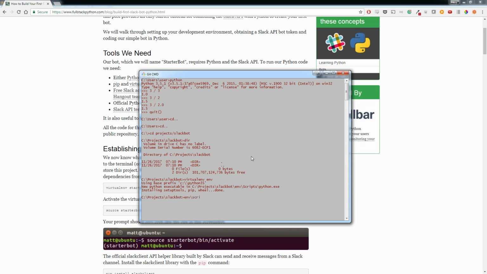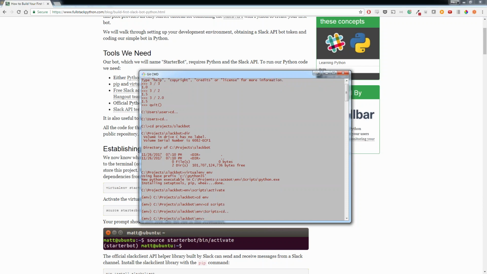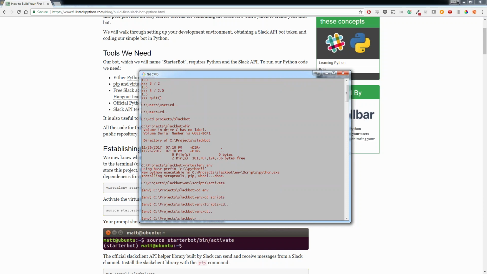And then to activate that on Windows, we go env\scripts\activate, and that's pretty much the same as going cd env, cd scripts, and then just typing activate. But it's quicker if you just do the convention I gave you. So first of all,